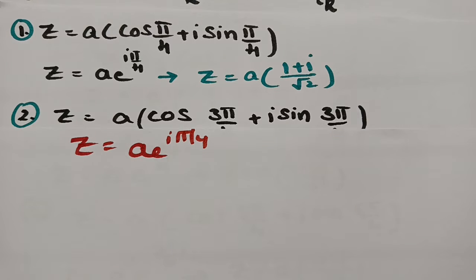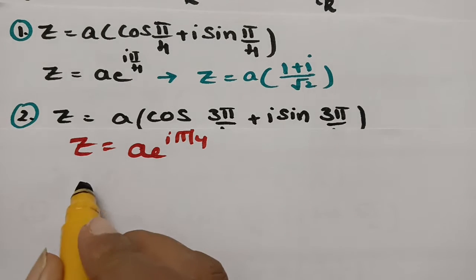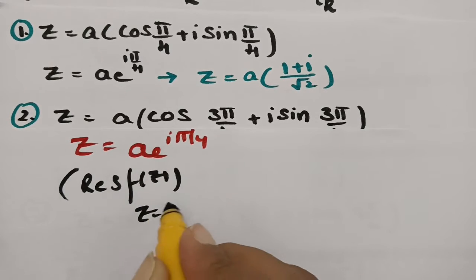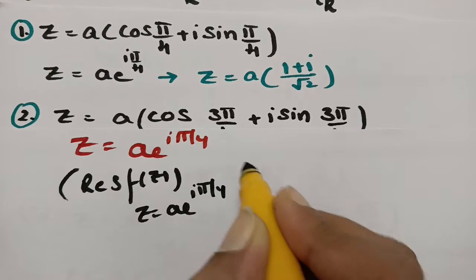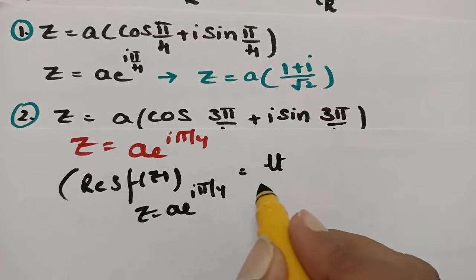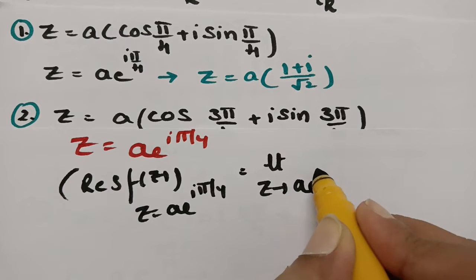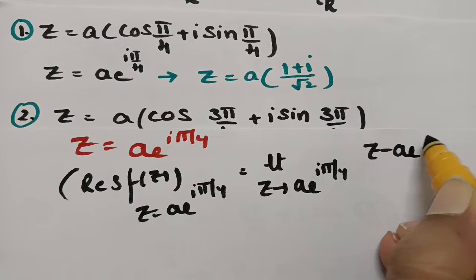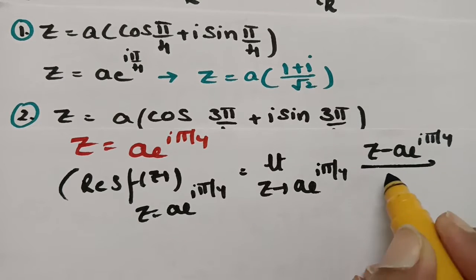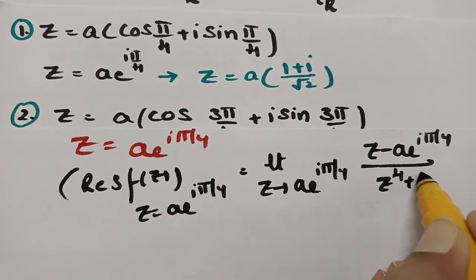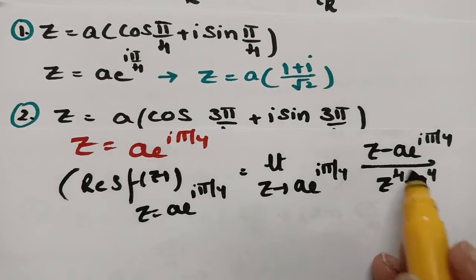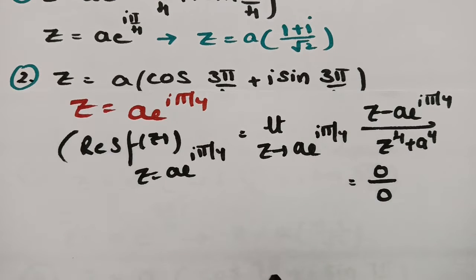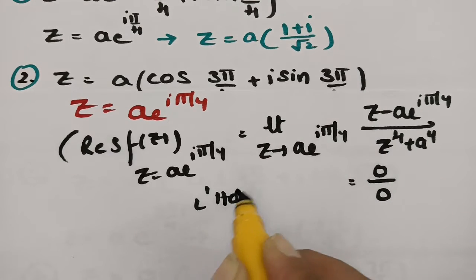For that, what I am going to do: the residue of f(z) at the point z = a e^(iπ/4) is nothing but the limit as z tends to a e^(iπ/4) of (z − a e^(iπ/4)) divided by f(z), that is z^4 + a^4. If I substitute, this will be 0 by 0, so I have to apply L'Hospital's rule. After applying L'Hospital's rule,